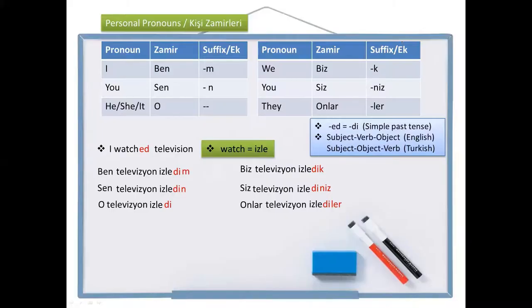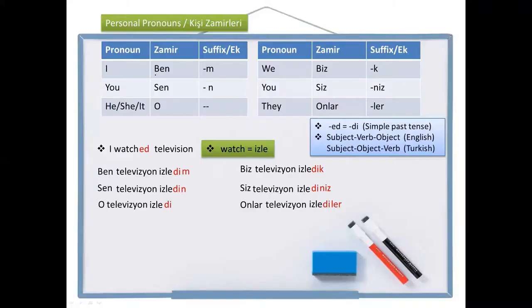Okay, now let's go back to the charts. As you see, each one has a different suffix. How am I going to remember this? How can I remember this? This is the question. There are some clues. Don't worry, you are going to remember them easily. First of all, as you see,